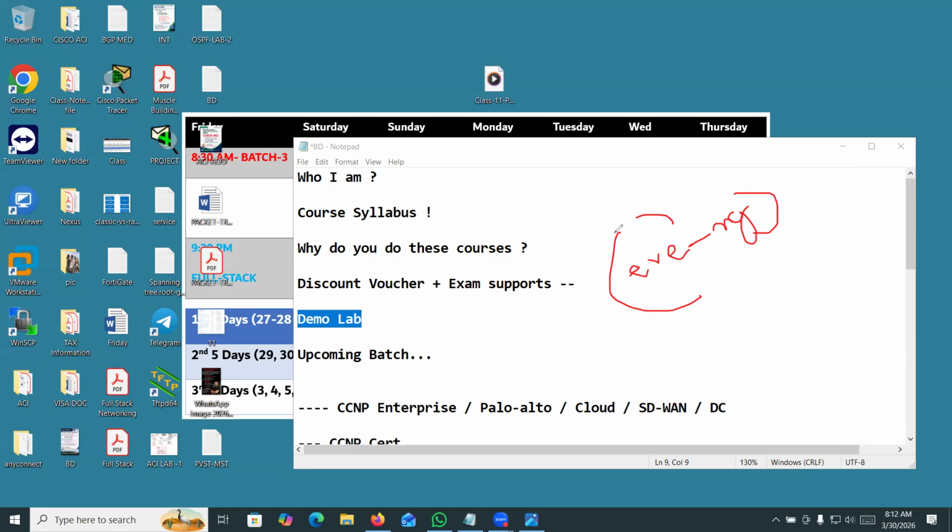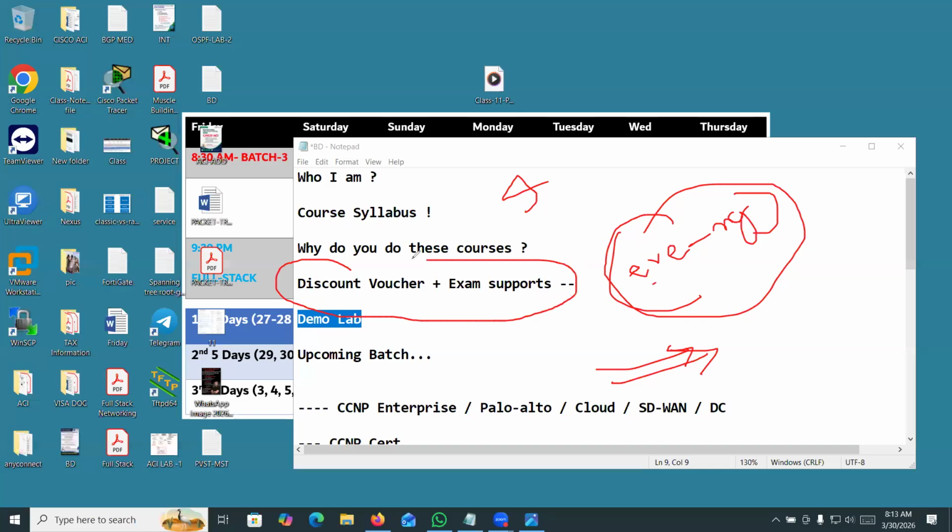How can we do a lab on EVE Engine? When you take admission, I will show how to build a lab on your computer or PC. I will share all the images. I will also record all the classes and share them with you. I will share documentation. And the most important thing is I can support the vendor exam. You will pass 100%.